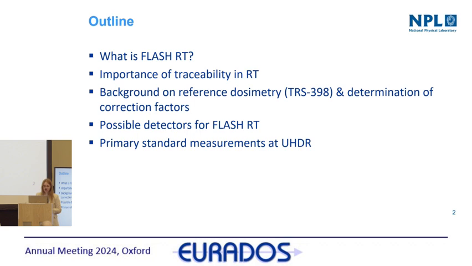Then I'll give you a couple of examples of current developments of detectors that could potentially be future secondary standard instruments for FLASH radiotherapy, and a bit of work that has been done so far on the employment of a primary standard instrument for ultra-high dose rate exposures,